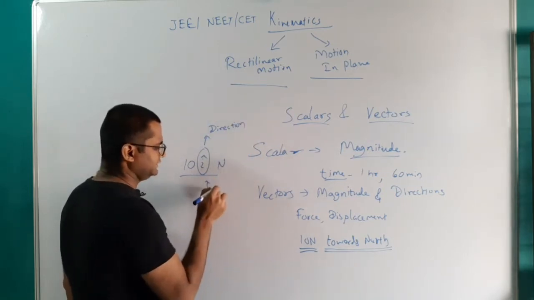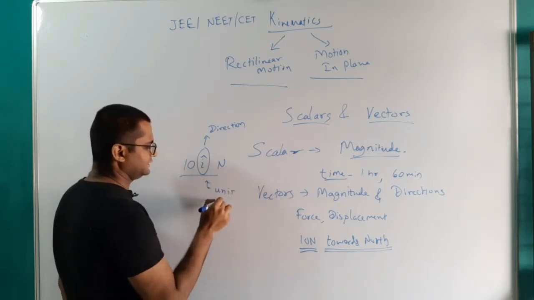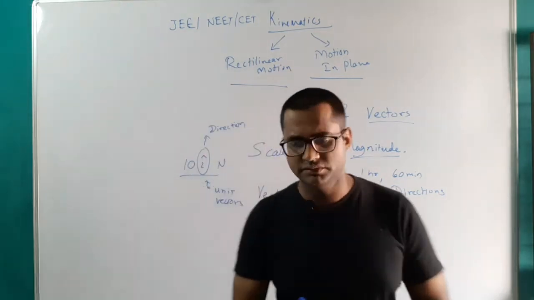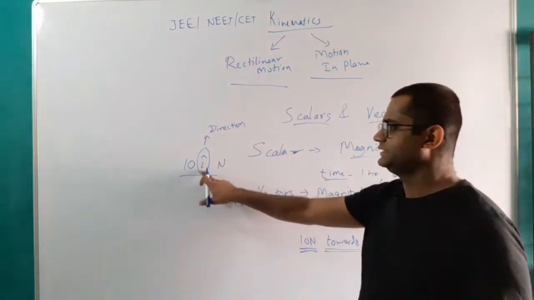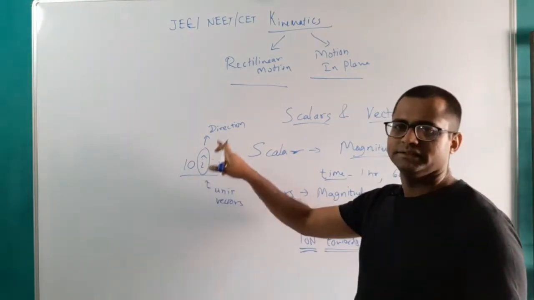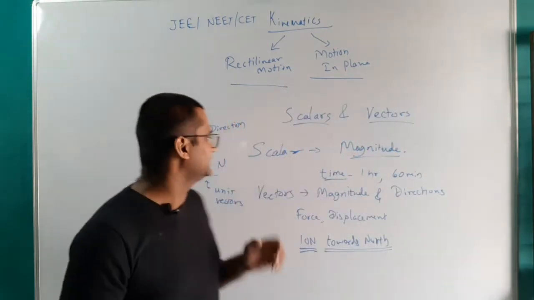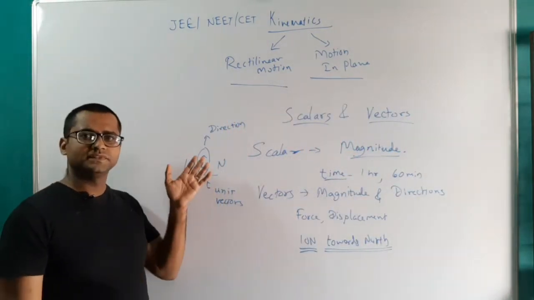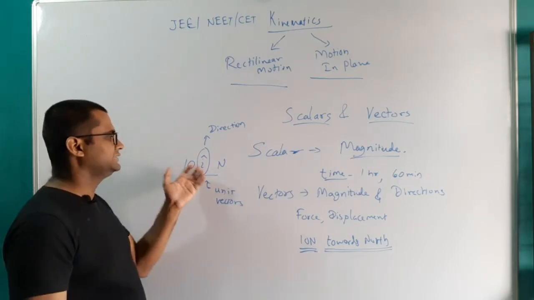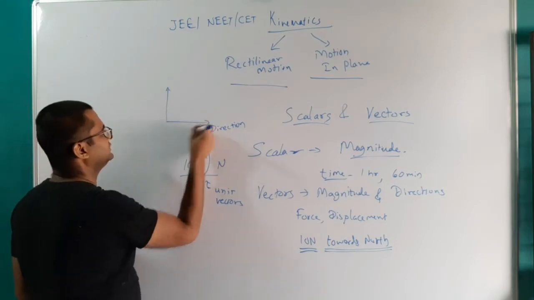We already know all these concepts, so I am just revising them. So this is a unit vector. Unit vectors basically give us the direction of a physical quantity. If it is j cap, then it is a unit vector in the direction of the y axis. If it is i cap, it is a unit vector in the direction of the x axis, and if it is k cap, then it is a unit vector along the z axis. In this way we can specify direction using our Cartesian coordinate system. Let us revise the Cartesian coordinate system.